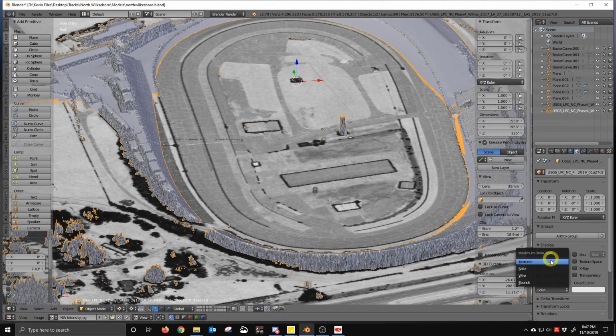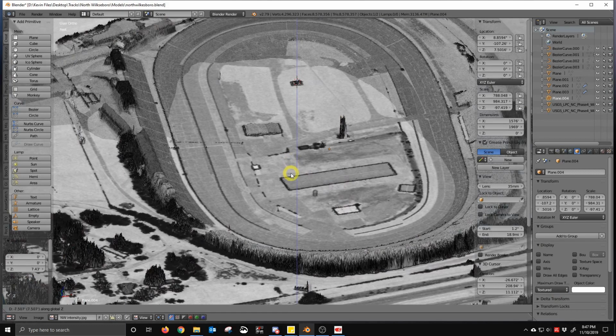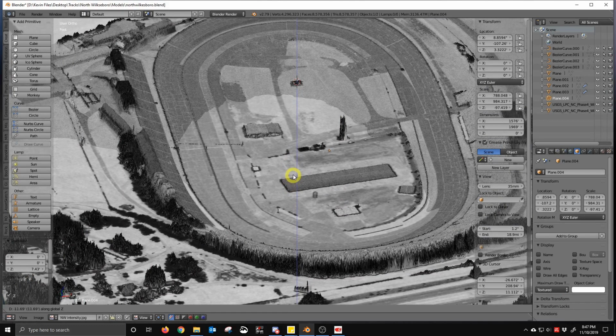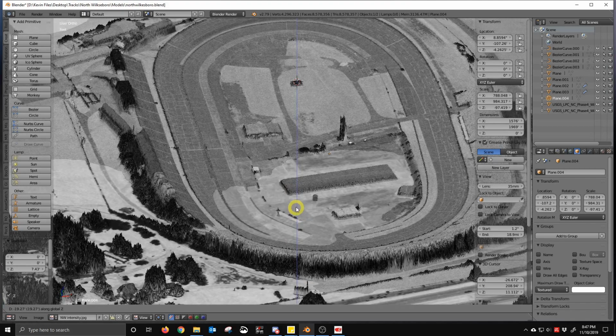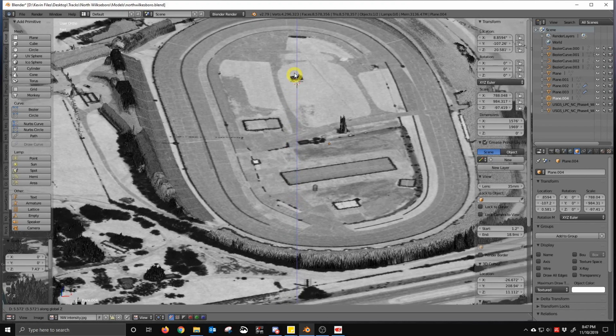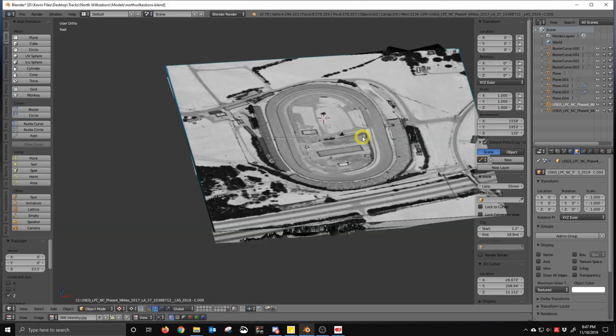But you see, I scroll up and down into the data so you can make sure everything lines up. And now I enabled the vertex colors again on the data, and everything should line up perfectly. It doesn't have to be too perfect, but the better you get it, the better off you'll be. So what I usually like to do now is, when you start making your initial splines,